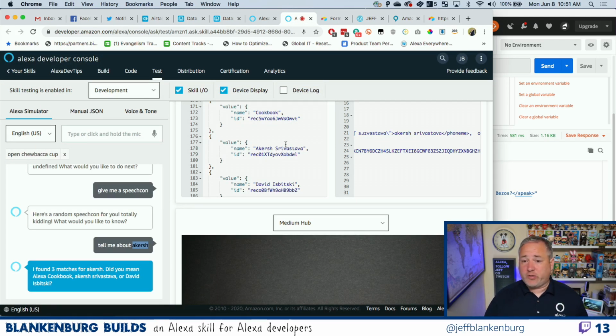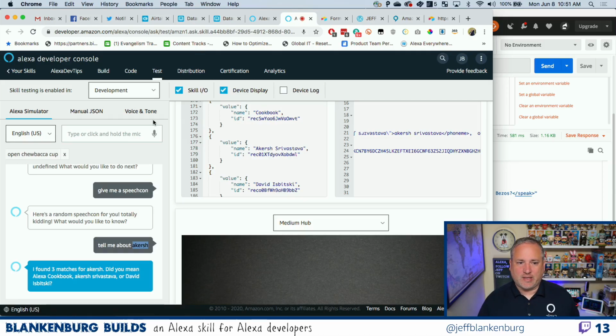Now, what I would normally do, and what I've recommended to everybody forever, is just use the values that you're getting from your slots to be able to match on those things. The problem with this is that if the pronunciation for that slot is wrong, Alexa's going to say it wrong. I mean, that's the natural beauty of this, is that I don't have to call the database. I can just use the resolutions that I got and ask the user, which one did you mean? But then I'm going to say it the wrong way.